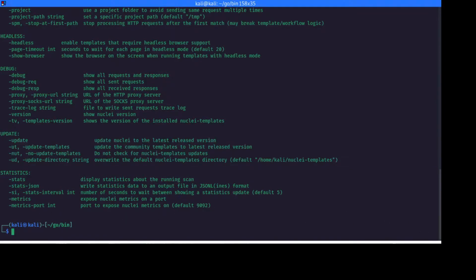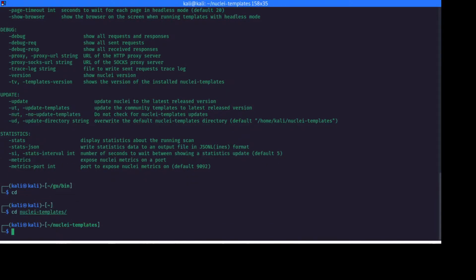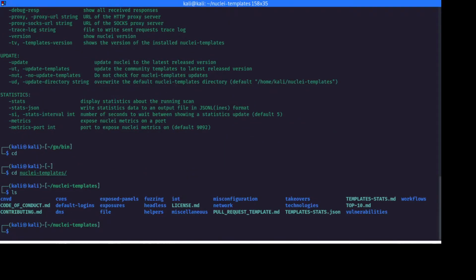Now talking about the templates, whenever the tool nuclei is installed on your machine, the templates will be available for you in the home folder. I'll be showing you where in the home folder, cd nuclei-templates. Here, all the templates are put very systematically.